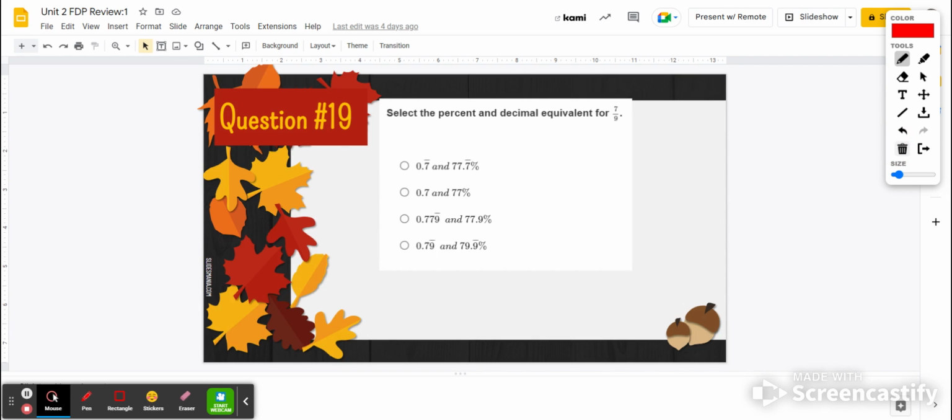All right. Select the percent and decimal equivalent to 7/9. Remember we said that the 9s were repeating and it's always repeating that top number? There's our decimal. And if I move that decimal over 2 places, I get 77%. So 77 hundredths and 77%. Or 7/10 and 77